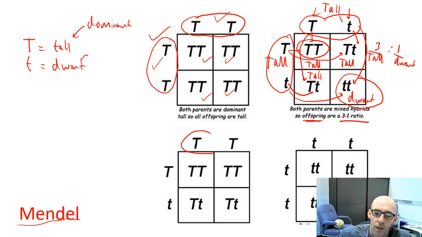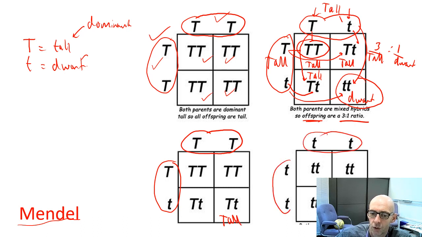Here, one of the parents has both the dominant genes. One is heterozygous. All of them end up being tall. And exactly the same here. If both parents are dwarf, all the children will be dwarfs. What you hopefully will be able to see is that here, for example, we had a tall parent and a tall parent, but this dwarf came out of it. And sometimes things skip a generation. So you might carry genes that you don't show yourself, but you might pass on to your children from your parents or grandparents.